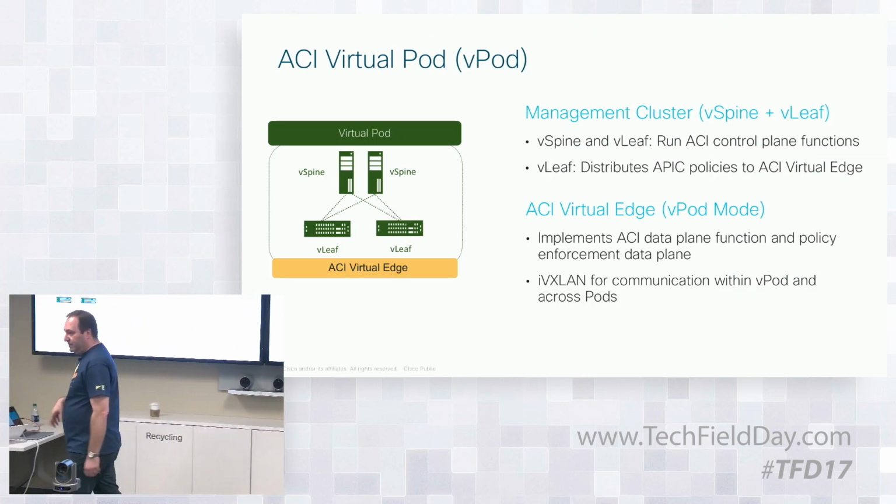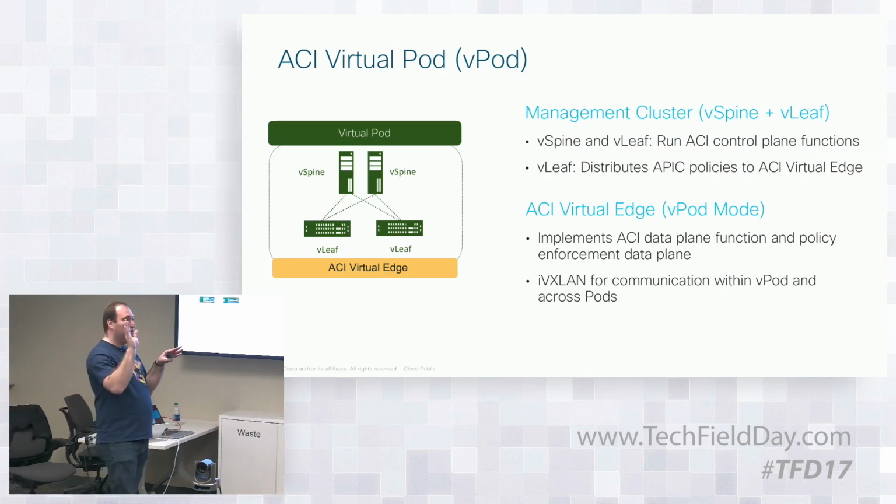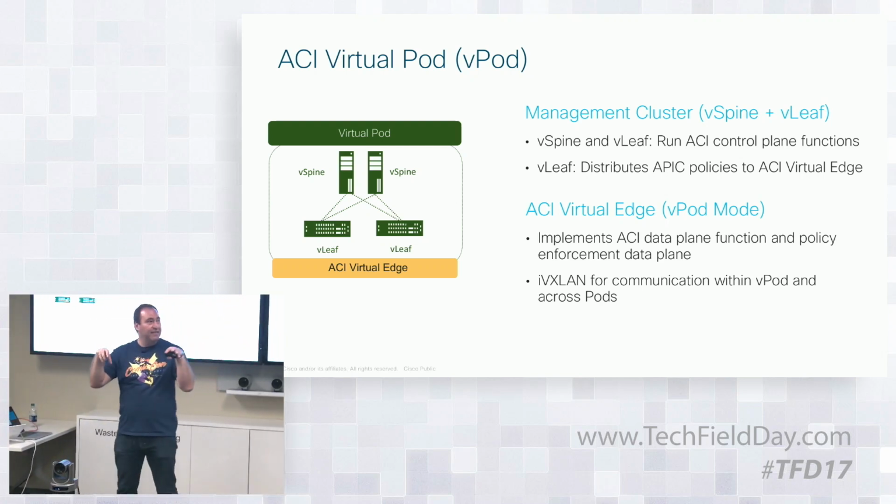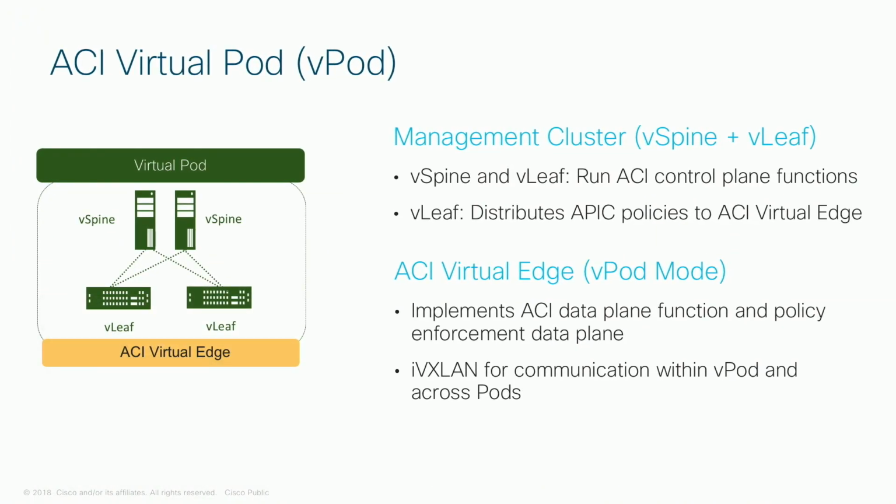So what happens? In a virtual pod, I will deploy these VMs, a virtual spine and a virtual leaf, which basically have the exact same code as we would use in the physical devices. The vSpine and the vLeaf become the control plane for all the ACI functions. So the spines connect back to the data center just like a pod from a virtual pod spine would connect back. They talk COOP, all the things that happen there. The slight difference is now we use the AVE as the forwarding engine. So you have a cluster of spines and leaves, right? Two of each if you want to have HA.